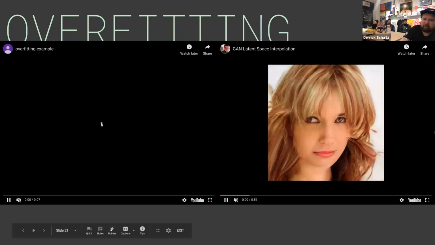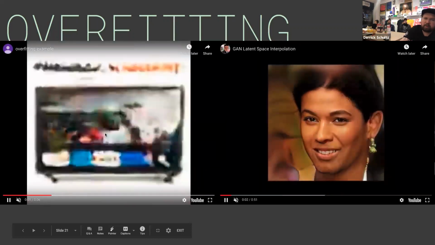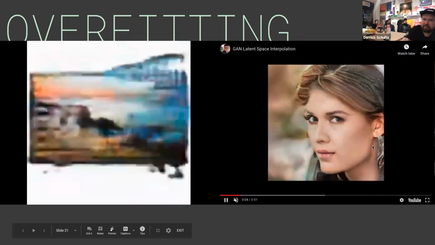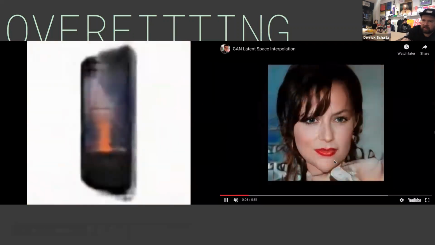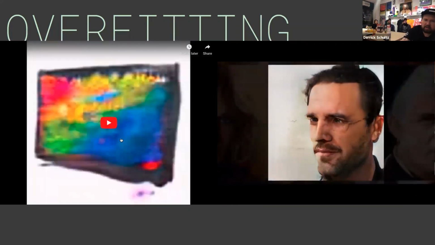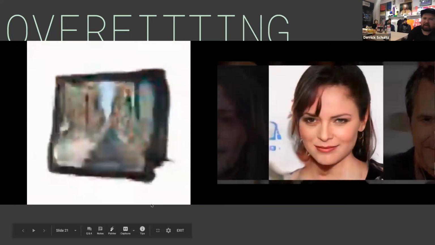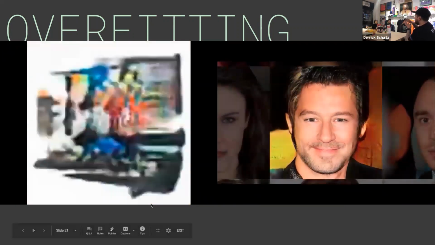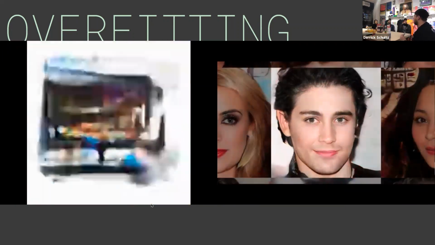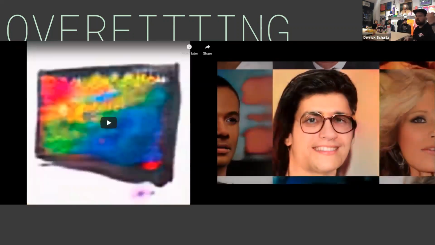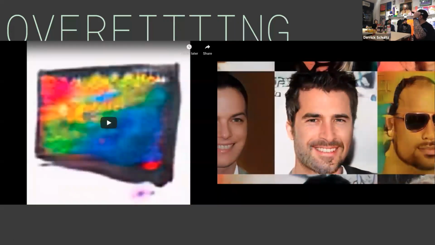So here are two examples. This is what overfitting on the left looks like, and obviously this is compared to what you want on the right. So you'll see, I'll replay this again. You'll see that there's no interpolation between images. It just jumps from one image to another, right? It's essentially memorized. The reason this is really blurry is it was actually just a 256 by 256 model, it's